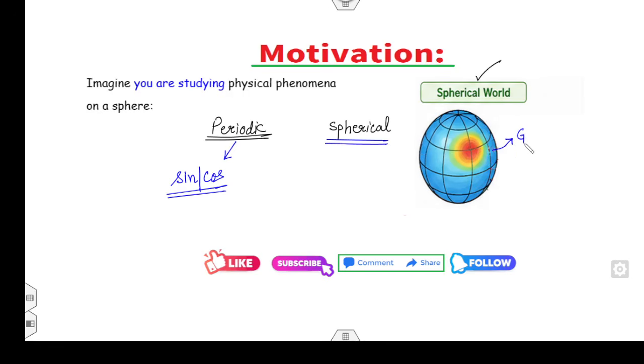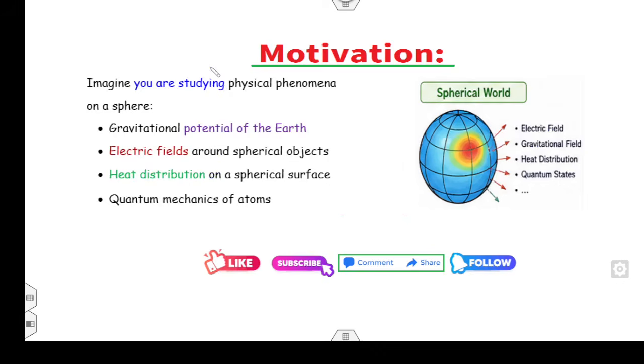First of all, definitely there will exist some gravitational force. Definitely there will exist some magnetic field, or you can call it an electric field and so on. So imagine you are studying the physical phenomena of the sphere, and the topics which are included in the spherical world are gravitational potential of the earth, electric field, heat distributions, quantum mechanics of the atoms and many more